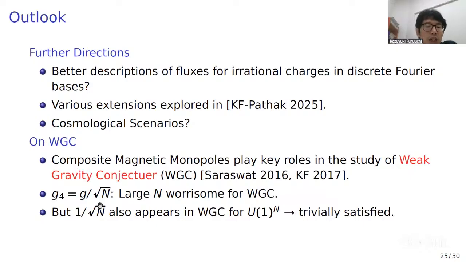But actually, this factor also appears when stating the weak gravity conjecture condition in the U1 to the n theory. So in this deconstructed theory, the weak gravity conjecture is respected if you start from a UV theory which respects the weak gravity conjecture. Okay, so